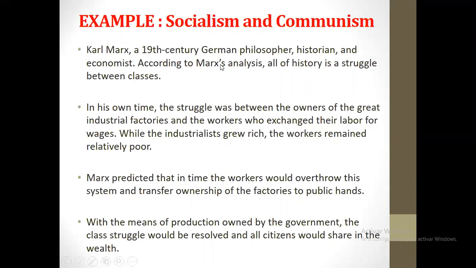According to Marx's analysis, all history is a struggle between classes. Definitely hay una pelea de clases entre la clase alta y la clase baja. La clase alta siempre quiere explotar a la clase baja, definitivamente, según él, y así es. Esa es la realidad. In his own time, the struggle was between the owners of the great industrial factories and